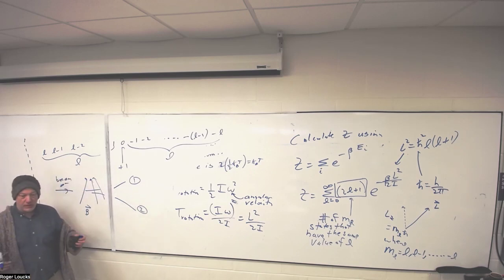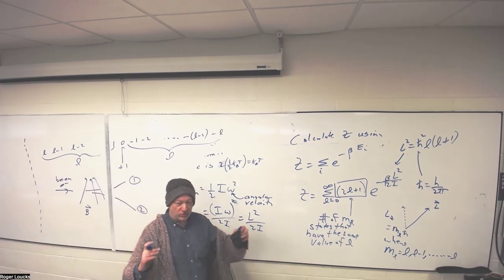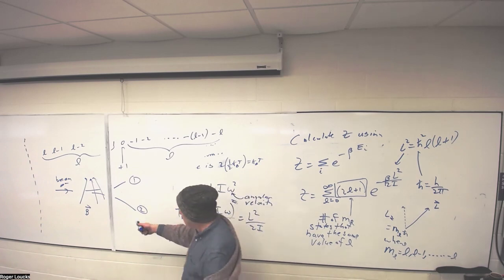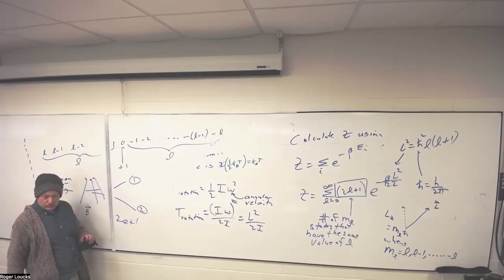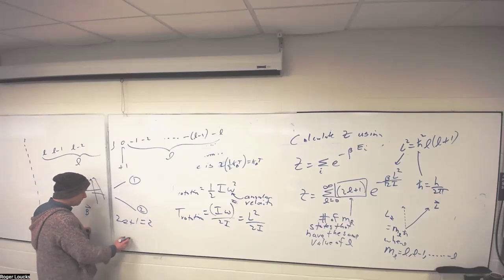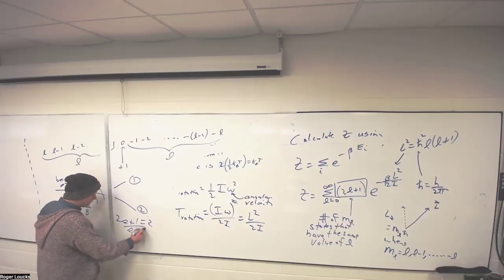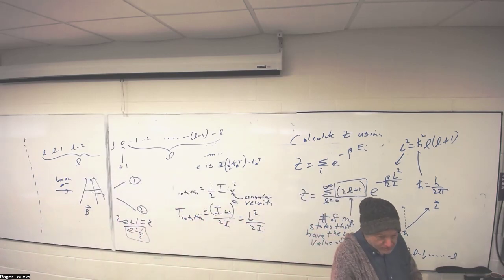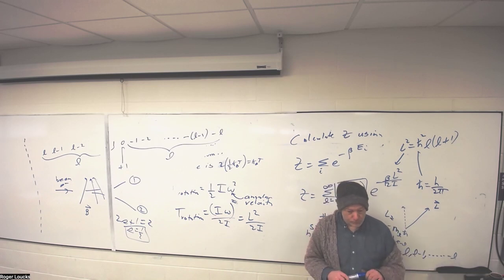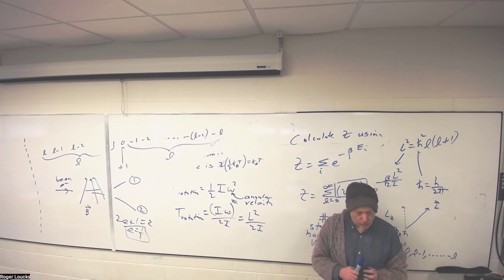And they said, oh, spin is an angular momentum. It has to obey just like an angular momentum. So the number of these states has to be 2 times S plus 1. That's the number of states. Well, there's 2 here, and so this gives you S. That's actually where that comes from. So it works in general.